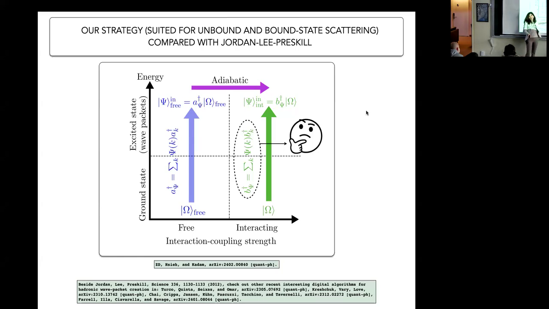For the interacting vacuum, there are many different methods to generate it. Start from your favorite, maybe it's not your favorite, VQE, all the way to other procedures. Probably not adiabatic, because again, we want to avoid that aspect. But then the question is, what is this particle excitation ansatz that I can make a wave packet of in the interacting theory? How do I build that? This is really the hard part, right?